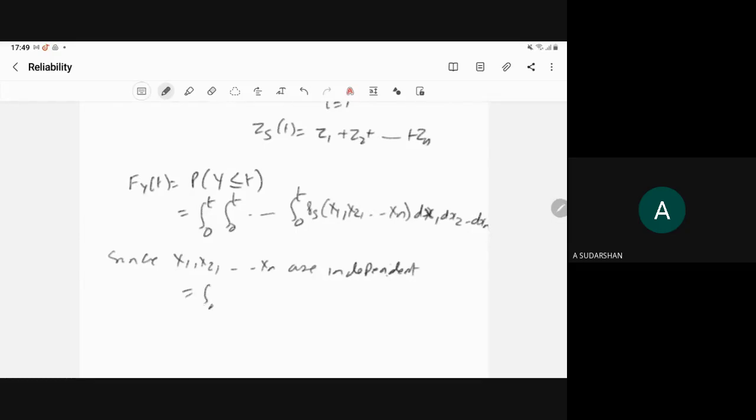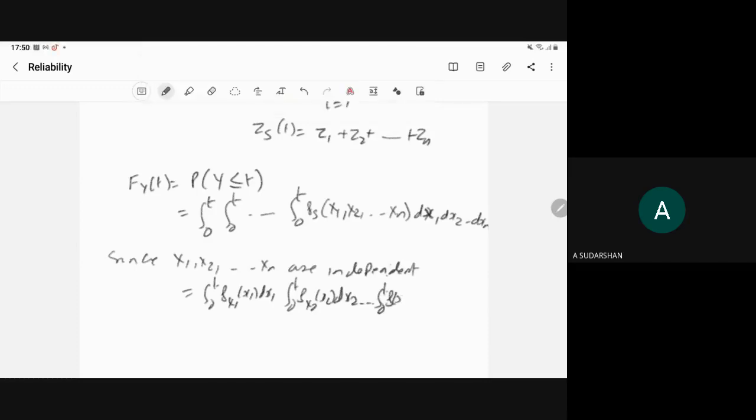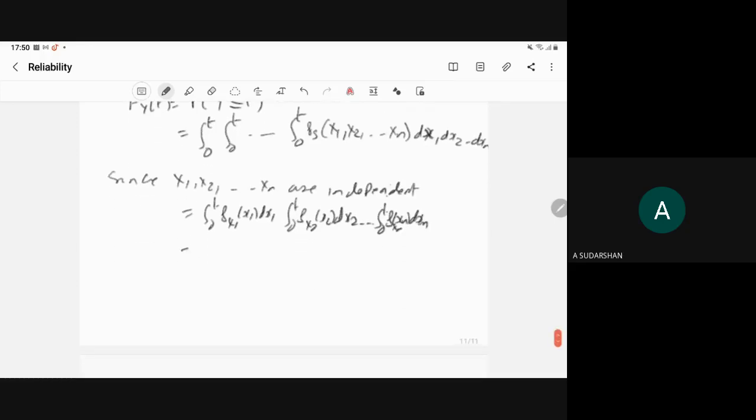So this can be written as integral 0 to t f of x1 dx1, integral 0 to t f of x2 dx2, integral 0 to t f of xn dxn. This can be written as 1 minus integral t to infinity f of